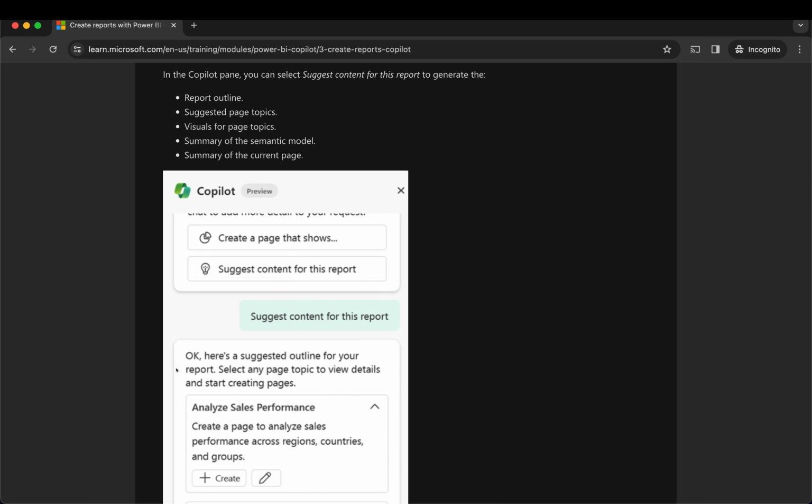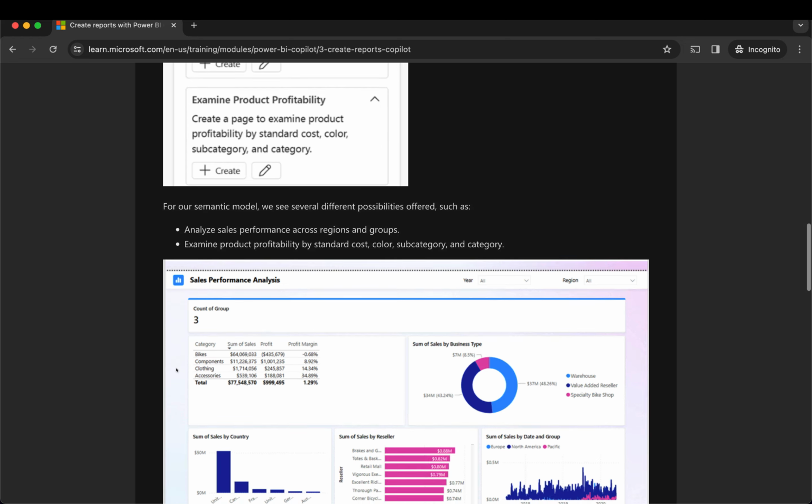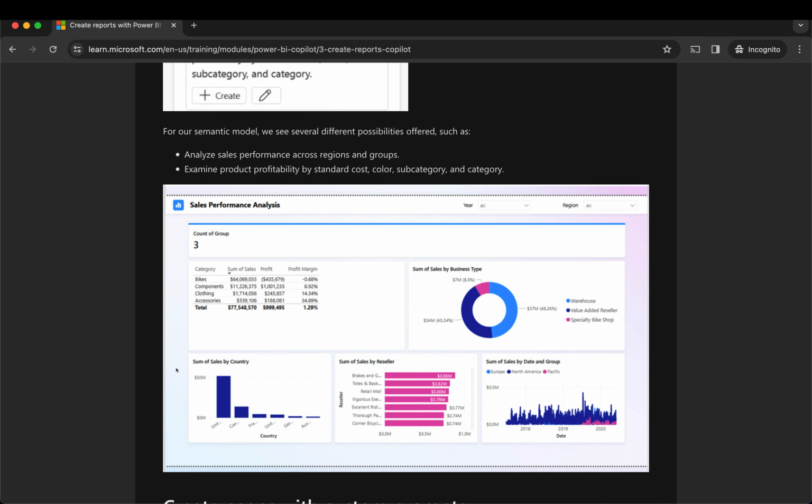In the Copilot pane, you can select Suggest Content for this report to generate the report outline, suggested page topics, visuals for page topics, summary of the semantic model, and summary of the current page. For our semantic model, we see several different possibilities offered, such as analyze sales performance across regions and groups, examine product profitability by standard cost, color, and subcategory and category.